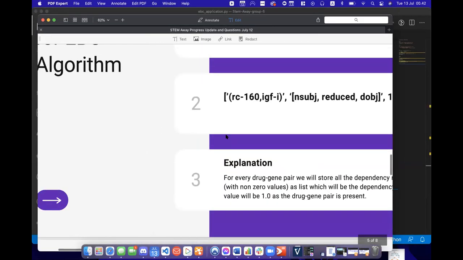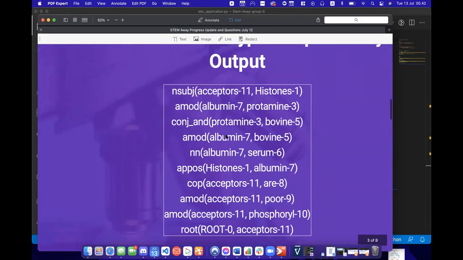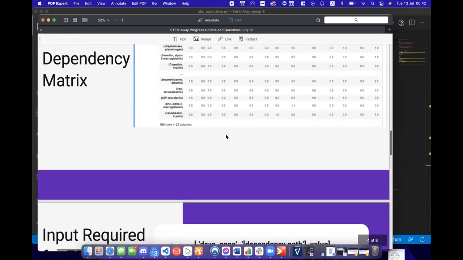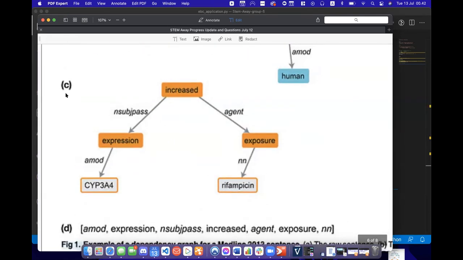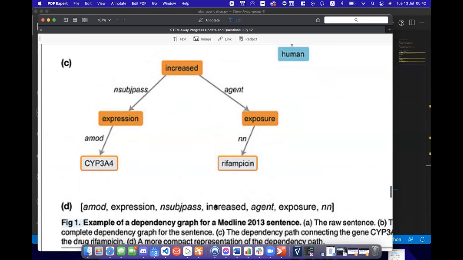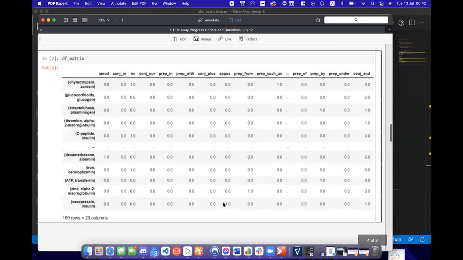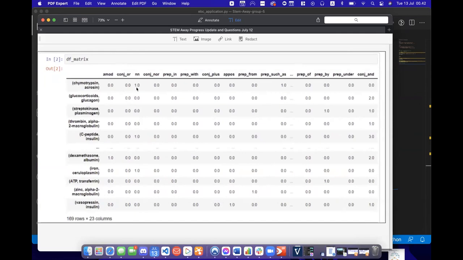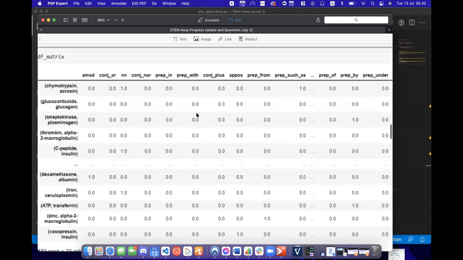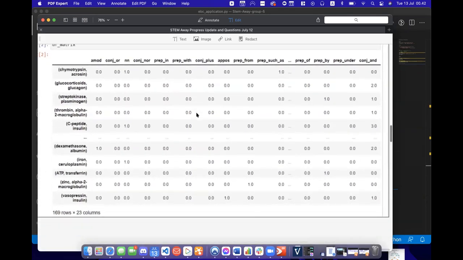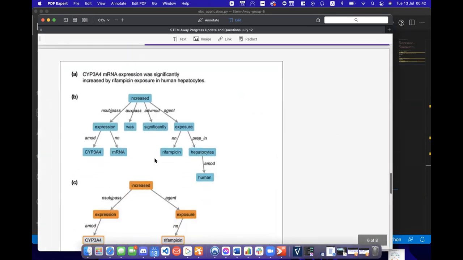And so our bottleneck right now is that the other group tested it on this sentence and it worked, but we're not sure how to get this, because our current output right now is this matrix where the rows are just indicator variables of its presence or its absence. So I think we're just stuck at trying to get this parse,